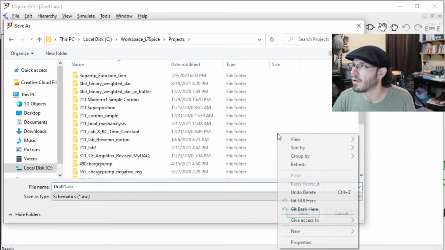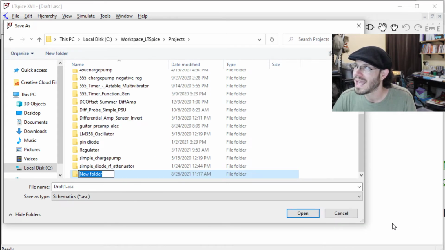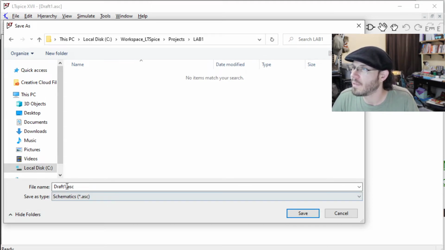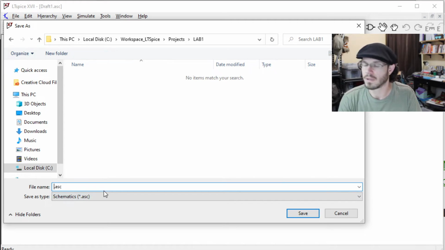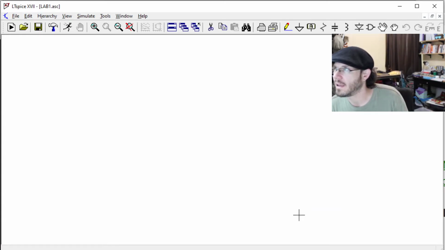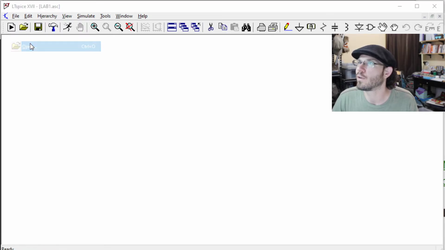I'm going to go into my projects and I'm going to create a new folder. So I just right-clicked on a blank area of my screen. I hit new and folder, and I'm going to go ahead and name this Lab 1. And then I'm going to name my file Lab 1. And then I'm going to hit save, and now I have a schematic file from LTspice saved inside my workspace folder, right? So if I go to file and I go to open,